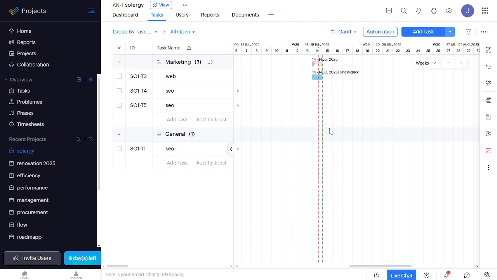Finally, adjust the timeline for each task by simply dragging the ends of each bar. This helps us because it allows you to manage the duration of each task and ensure the project stays on track. And there you have it, a well-structured Gantt chart, the perfect tool for visualizing your project schedule and tracking